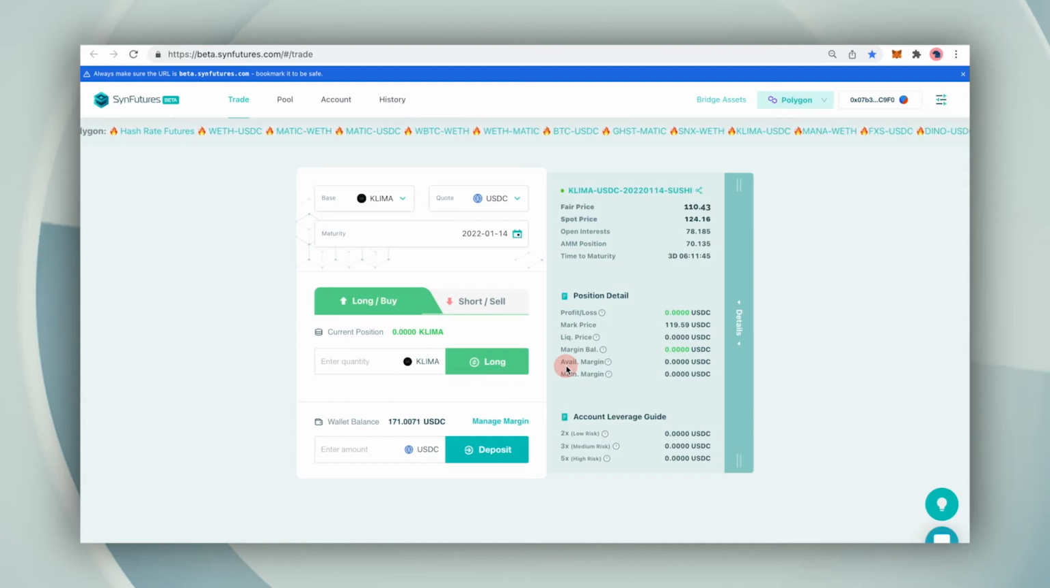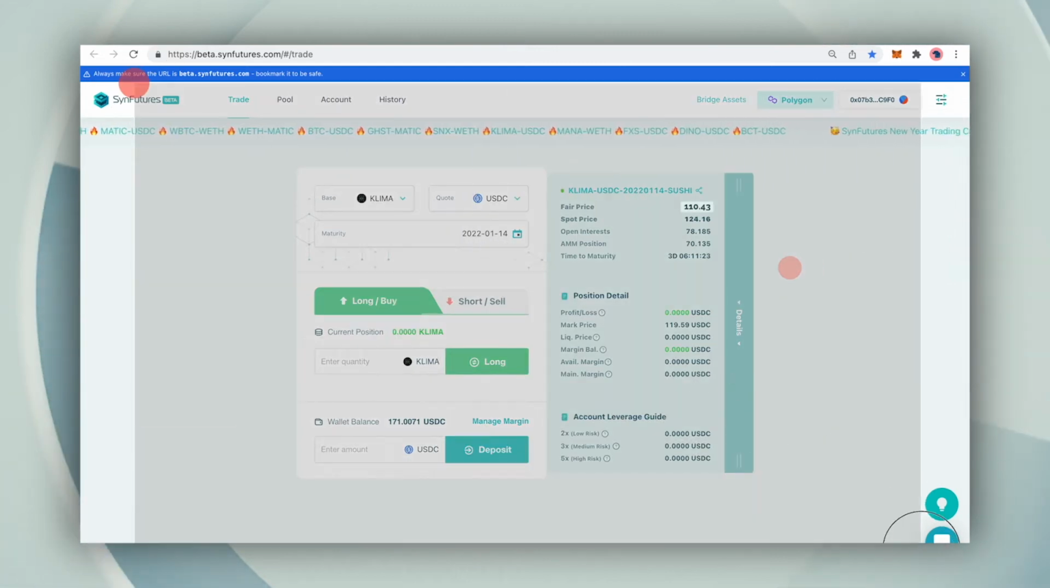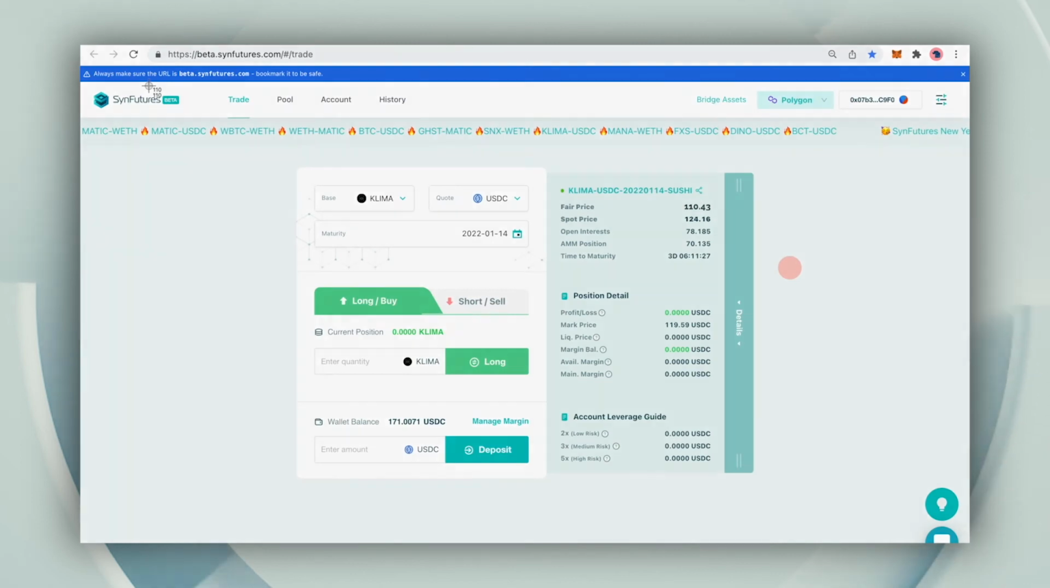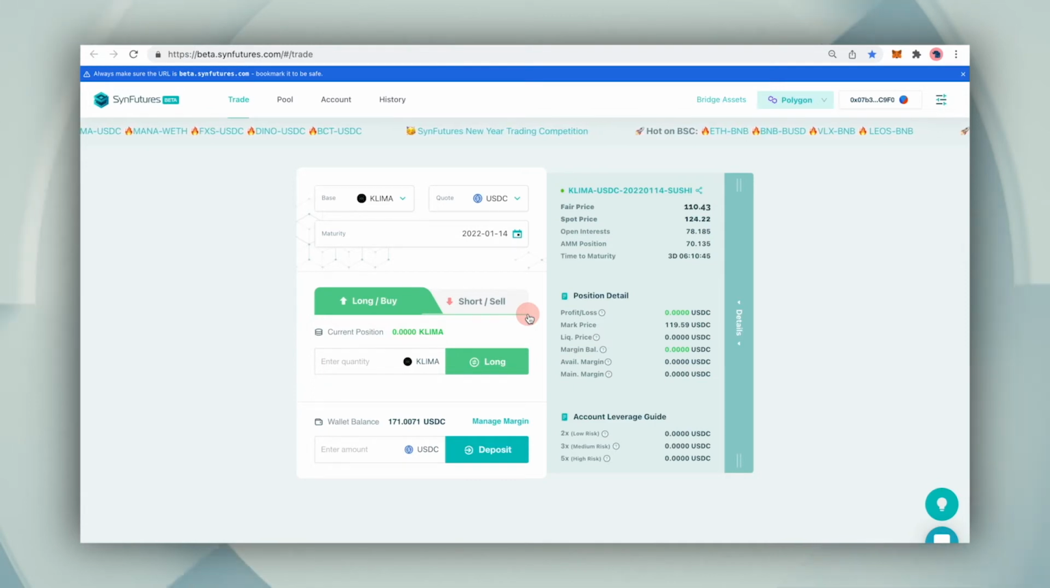Due to rapid market shifts, make sure your selected trading pairs have an arbitrage gap of larger than 10% at the time of your trade. And remember to take a screenshot as proof. You can see all the required information on the right-hand side. Next, make sure to select the long or buy option when the fair price is lower than the spot price